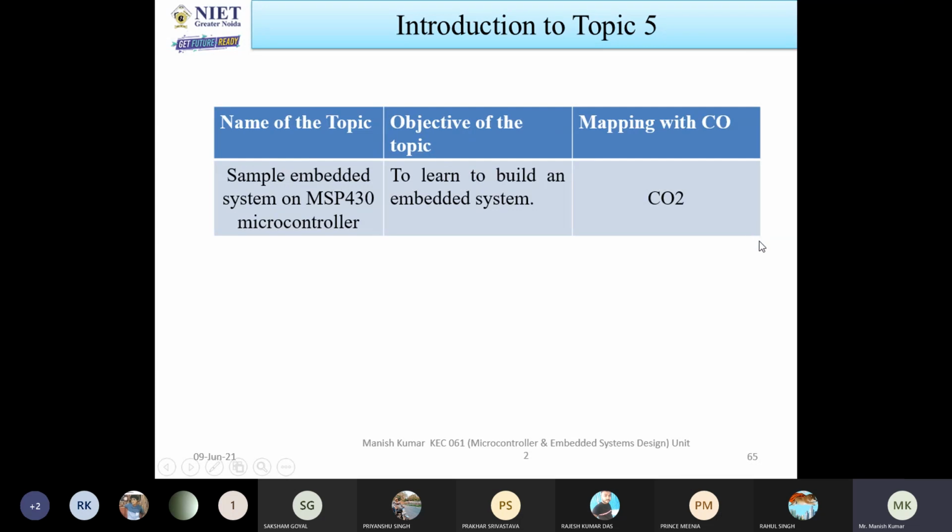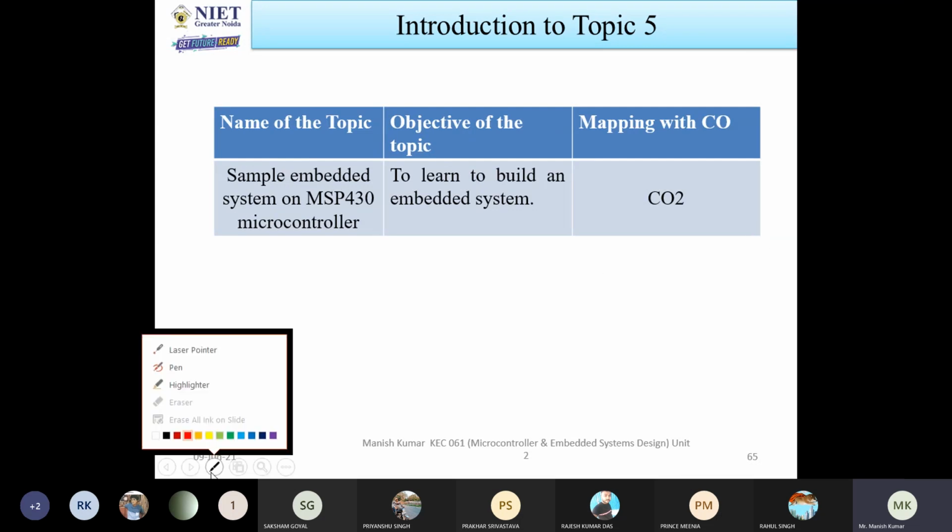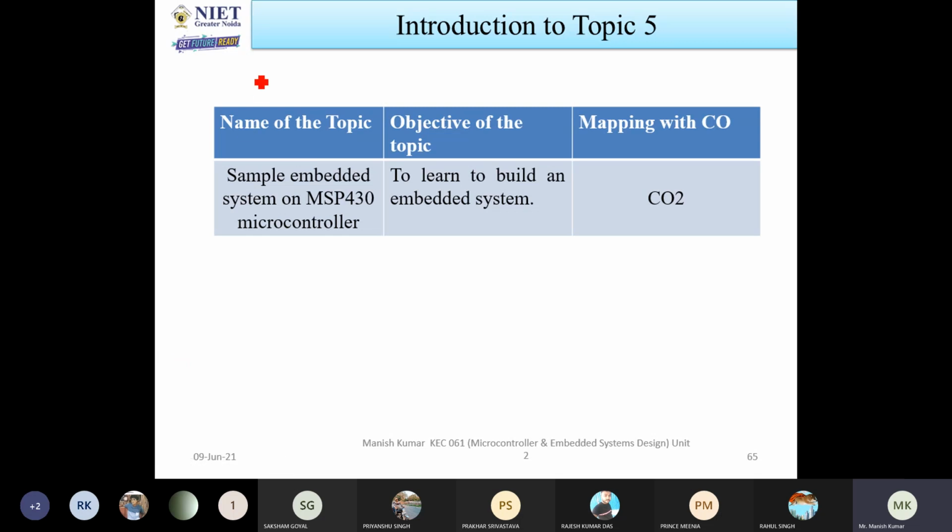In the last lectures, I discussed the addressing modes of MSP430X5X. There are a total of 7 addressing modes. With the help of these addressing modes, you can categorize all the instructions available in MSP430. With this type of addressing modes, you are able to access the operands of instructions. If any instruction is executed, it means how it is operated with the operand.